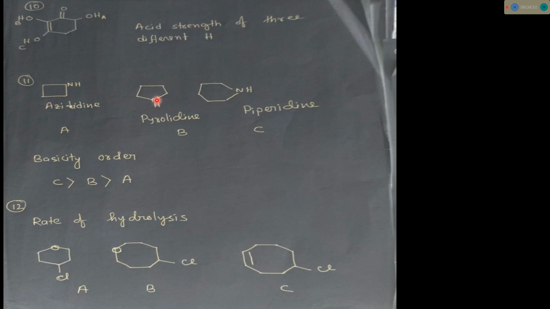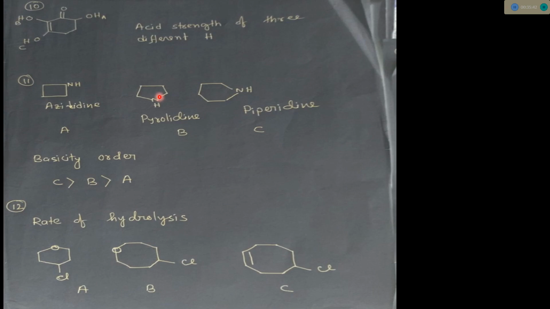But in the case of pyrrolidine, the bond angle is less than piperidine. That's why the percentage of s character of the nitrogen orbital directed towards this C-C and this C bond is around 30%, not 25. That's why the lone pair containing orbital's s character becomes less than 25%, around 20% or less than 20%. In this case, the percentage of the orbital of this nitrogen directed towards this C-C bond